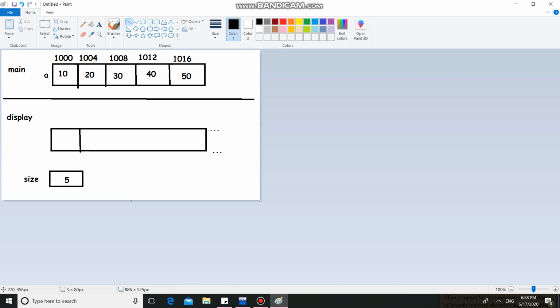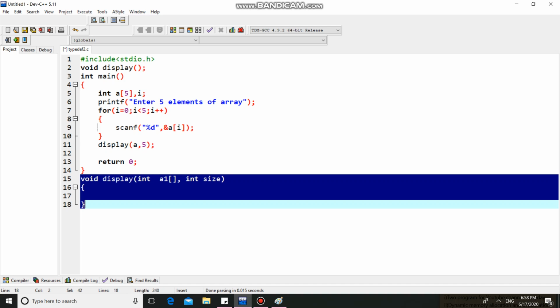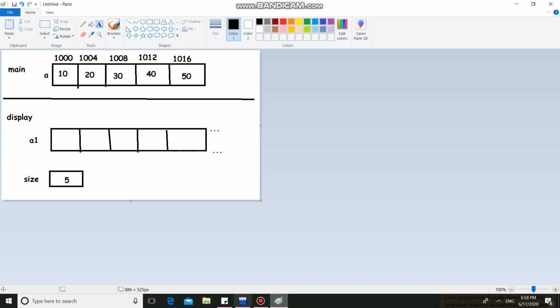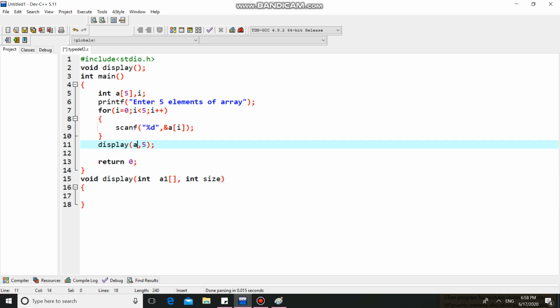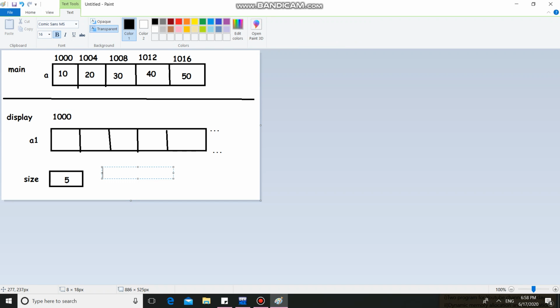Now consider this is your a1. There is no limit right now. So this is your a1 array. Now what happens here: you have passed the base address. Whenever the compiler jumps from this point to this point, it will first create the a1 array with undefined size, and whatever base address you have passed from the main function will be assigned to the a1 array. As the base address is the same, automatically the remaining addresses are also the same, because this is also an integer array.